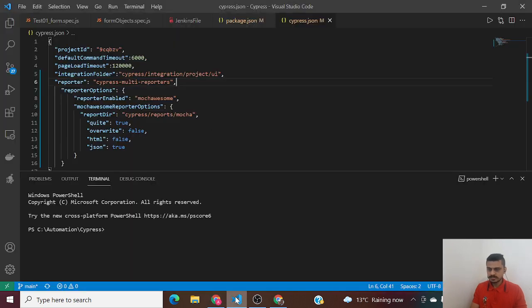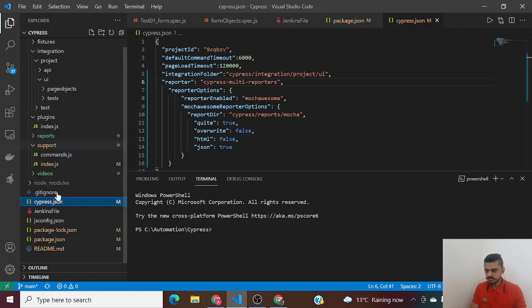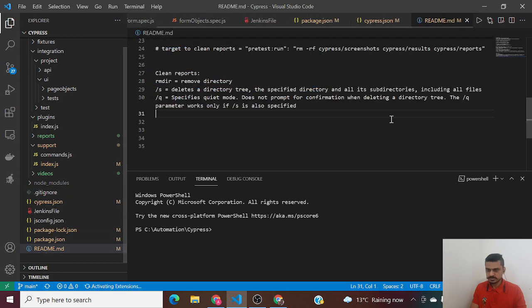So what are the steps that we have to follow? I have kept them in my readme.md file. If you are taking the code from GitHub, just read this file. I have kept some important things in it.